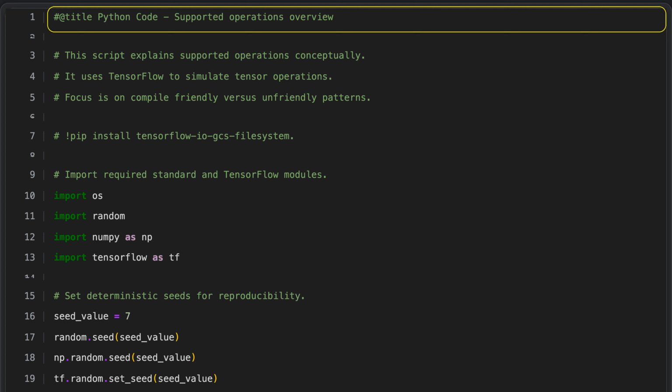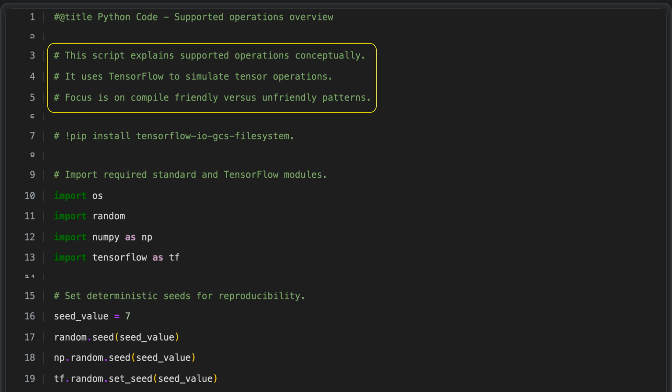Python code. Supported operations overview. This script gives a conceptual overview of which tensor operations are supported, using TensorFlow to demonstrate how they behave. It focuses on how different ways of writing these operations can be more or less friendly to compilation. By comparing compile-friendly and unfriendly patterns, it helps you understand which styles of tensor manipulation work best when you want